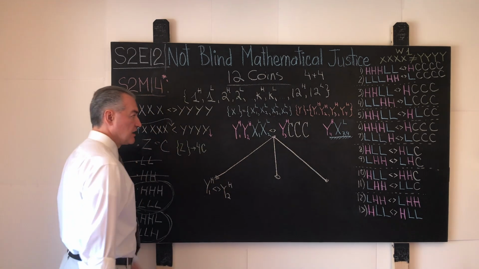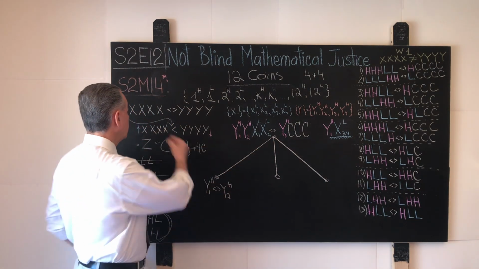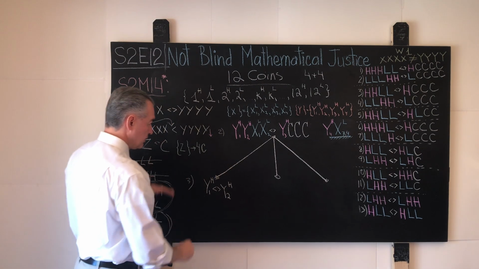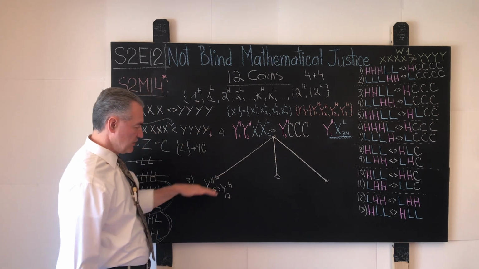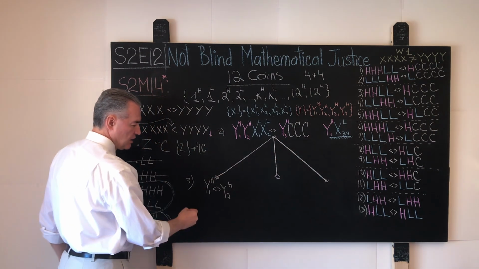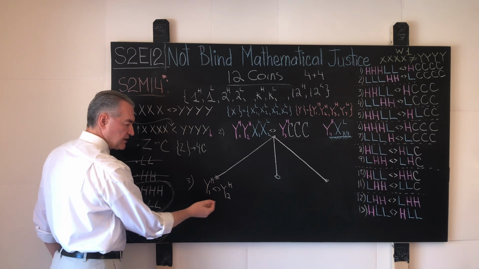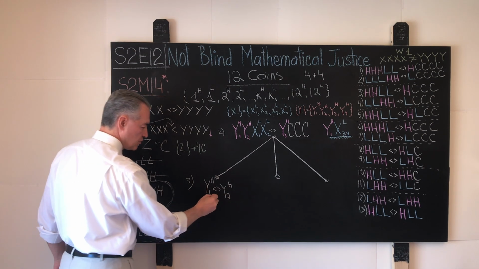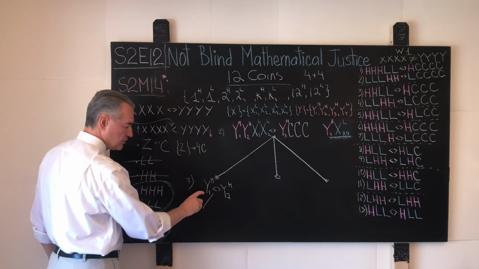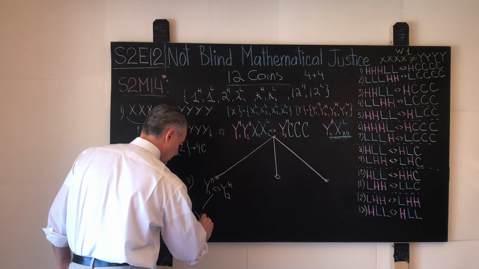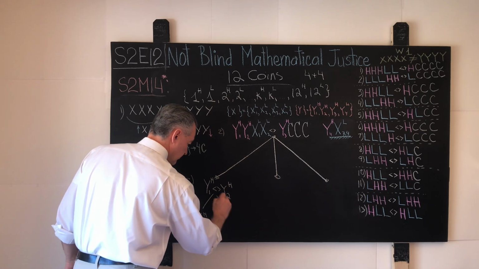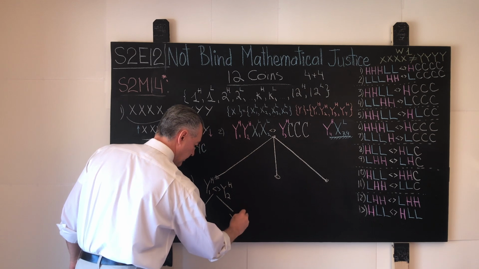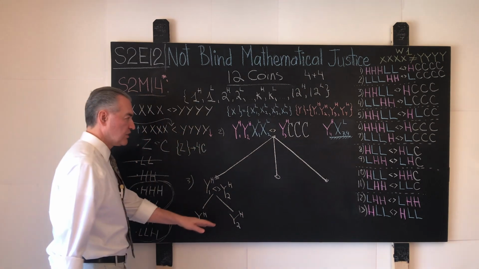Also do realize that this is our second weighing. This will be weighing number 2, and this will be weighing number 3. So in 3 weighings we solve the problem completely. What can happen over here? In this case, the pens cannot possibly balance. We know that the fake coin is one of these. So if the left pen goes down, then the fake and heavy coin is named Y1. And if the right pen goes down, then the fake and heavy coin is named Y2, as shown over here.